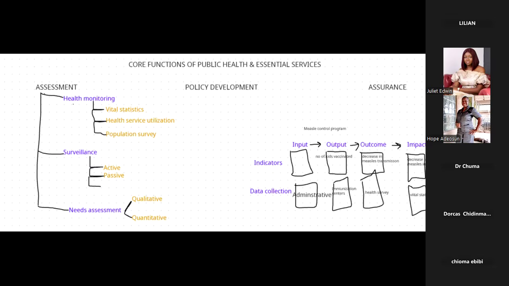Okay, so policy development, right? We've seen all the problems, we've done assessments, and now we want to do what? We now come up with ideas. So we've seen that more children are coming down with measles. We're having more cases of measles. From our surveillance, it's increasing. It's a problem. So an example of policy development would now be, should we do a mass vaccination instead of